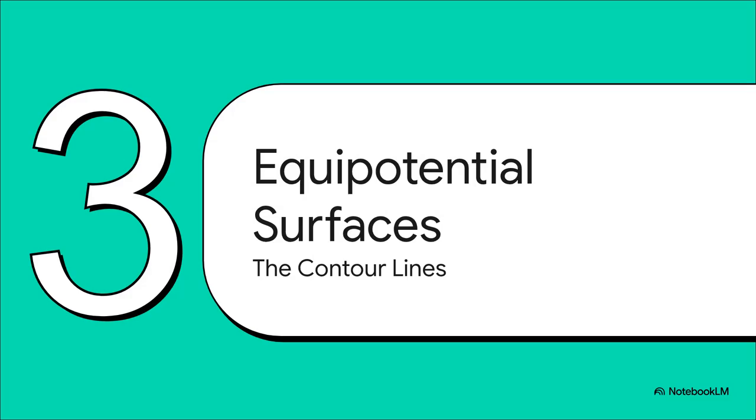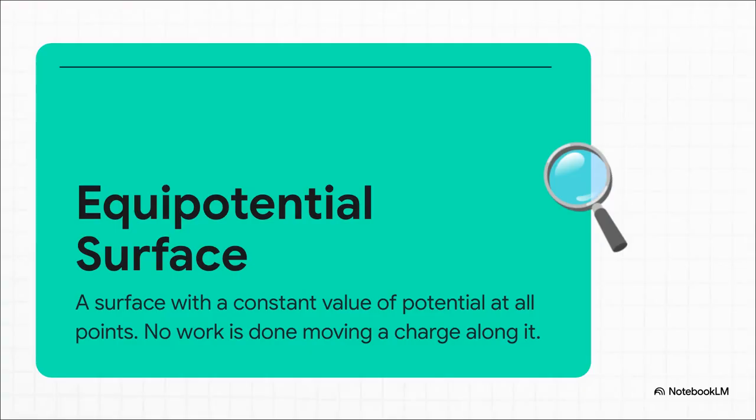Okay, so if electric potential is creating this invisible landscape, there's got to be a way to visualize it, right? To draw a map? And that is exactly where equal potential surfaces come in. They are basically the contour lines on our electrical map. Think about walking along the side of a mountain, perfectly level, so you're not going up or down. You're tracing a contour line on a topographic map. That's an equipotential surface. For a charge, moving anywhere along that surface takes zero work because its electrical height isn't